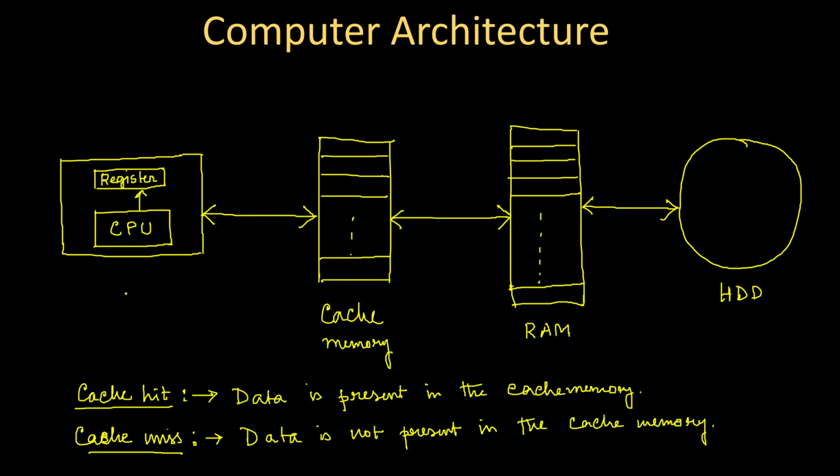One is called a virtual address that is generated by a CPU, and one is a physical address that is the actual address of the memory locations. Now, conversion of this virtual address to physical address is not part of today's discussion, so I am not going into detail of that, and that is part of the memory management unit.